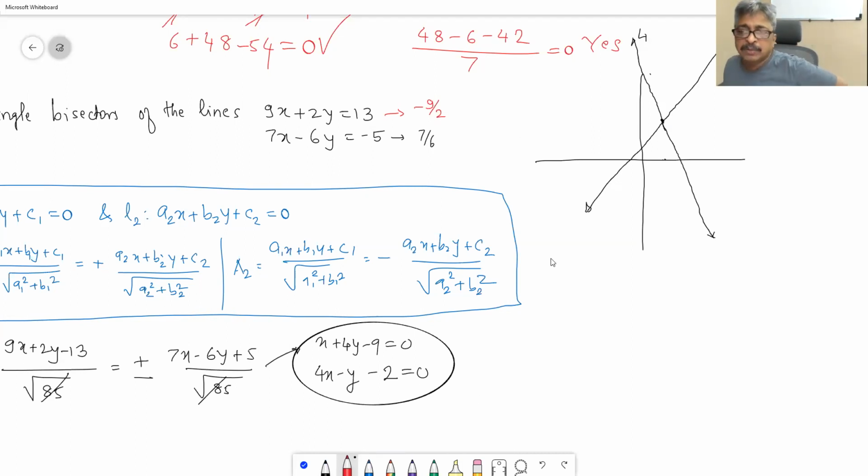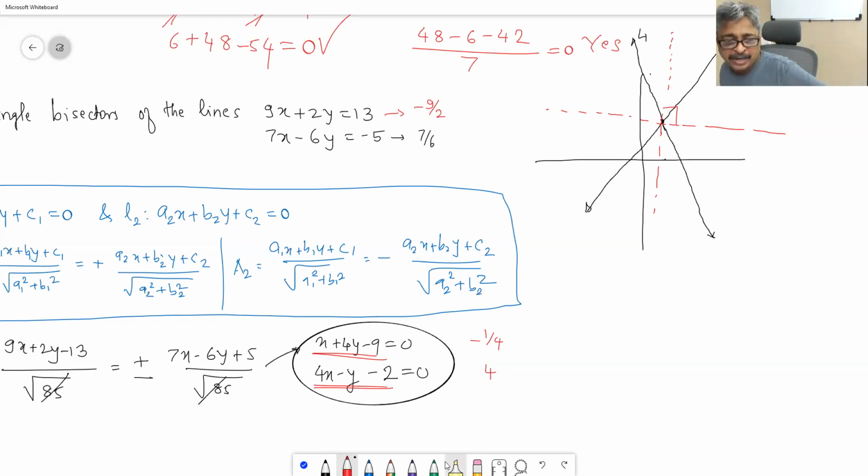So of course, if I draw an angle bisector here, and if I draw an angle bisector here, they are going to be perpendicular. Always one will have positive slope and another will have negative slope. Slope of this angle bisector is minus 1 by 4. Slope of this bisector is 4. Why will it be like that? If one is negative, the other must be positive. Why is that going to be true? Because they are perpendicular to each other. Do you understand?